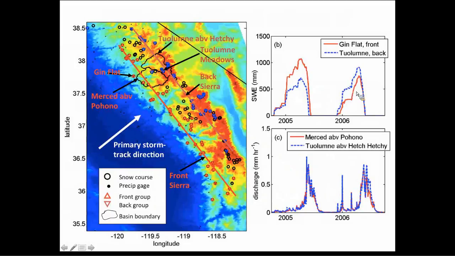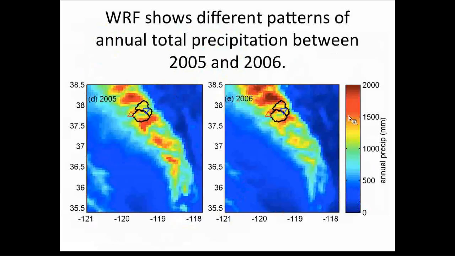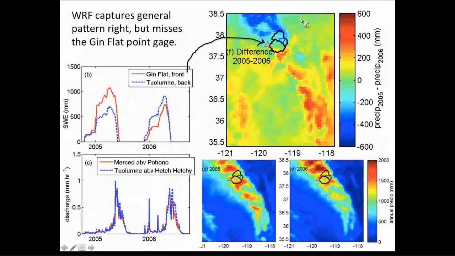This is showing how the Weather Research and Forecasting model is representing the total annual precipitation between those 2 years. Again, 2005 was the one that had the big atmospheric river storm coming from the south. So you can see, particularly as you go down to the very southern extent, there's a lot more precipitation, whereas 2006 had the big storm coming in from the north with much more precipitation up here. And our basins of interest, I'm showing you, again, the outlines of the Tuolumne and the Merced with marks for Gin Flat and Tuolumne Meadows, sitting right in the middle of that change of where storm